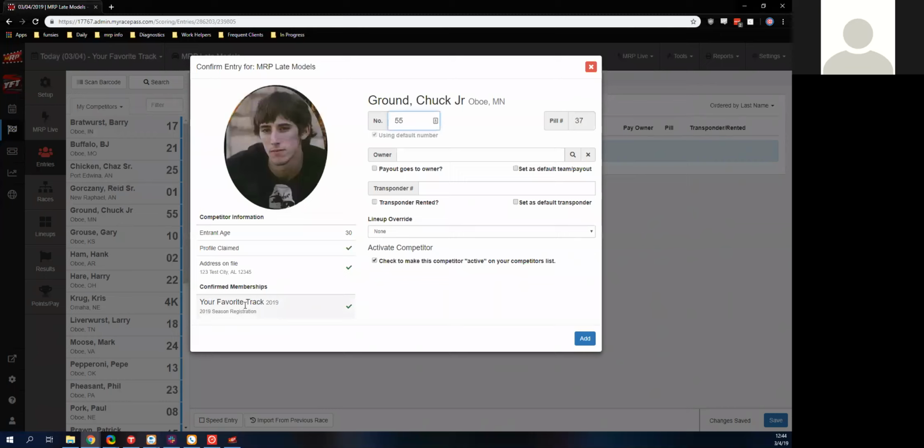So when I confirmed him, that actually would show that he did pay if I accepted payments through online registration, which you can. You can actually link up to a PayPal account, and then when you confirm, it'll show right down there. And it also has the address on file right there too. That address, by the way, is also on the checks. So if we have their address, that's going to be in the contact list,